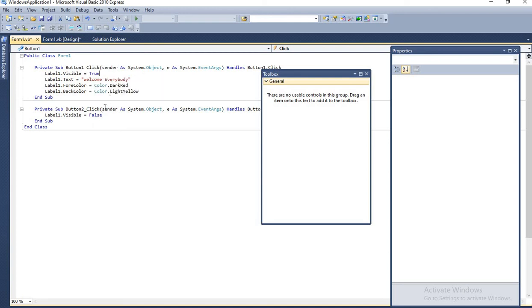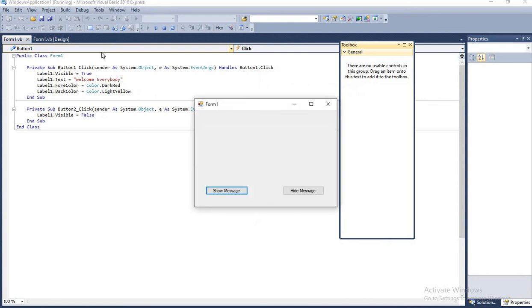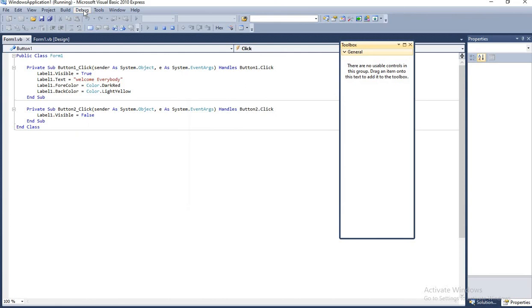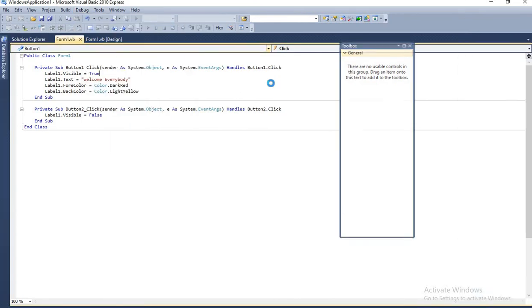It is false and it will be true. Okay. Now we can see the program. The program is here, show message and hide message. Okay, clear students? So you can do the program in this way and you can practice it.